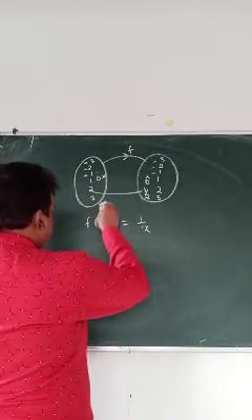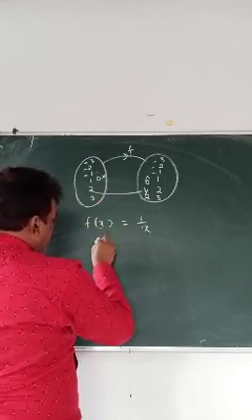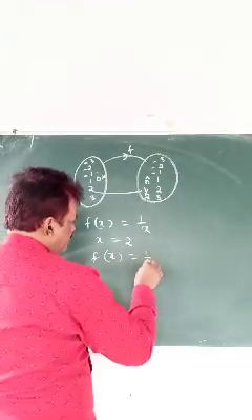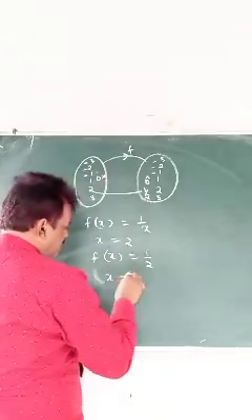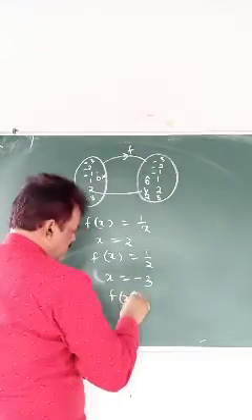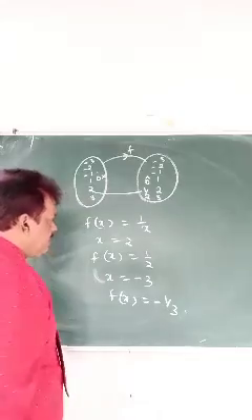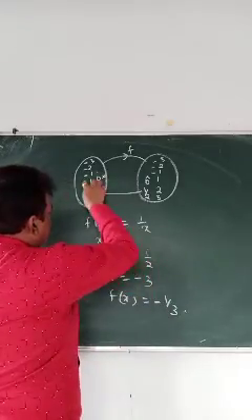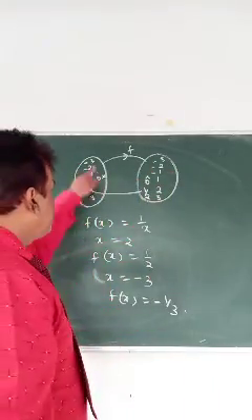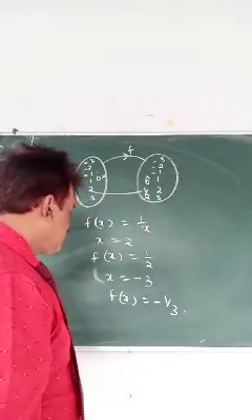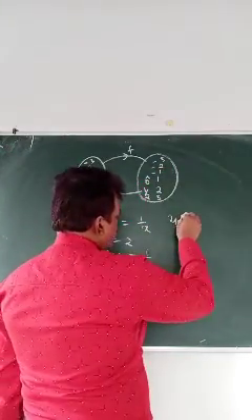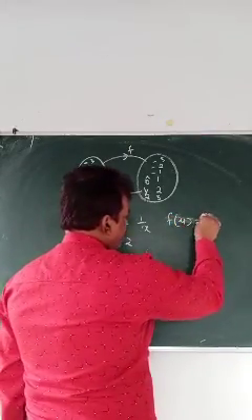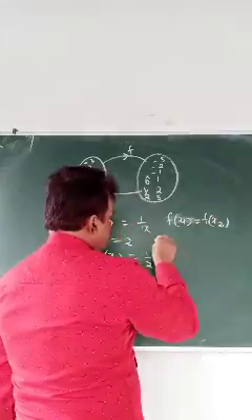Suppose I take 1 by 3. If I take x equal to 2, you are getting f(x) equal to 1 by 2. If I take x equal to minus 3, your f(x) is equal to minus 1 by 3. That means minus 3 related to minus 1 by 3, 1 by 3 related to 3. So for every distinct element, we have an element here. So how are you going to write? You are writing f(x1), and this is the way to write f(x2). So what is f(x1)? 1 by